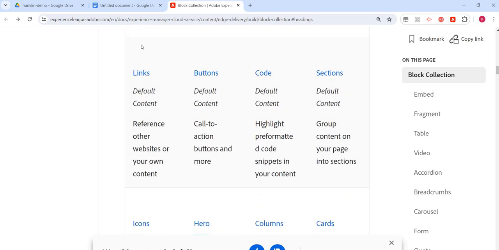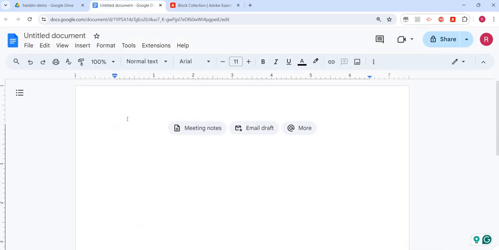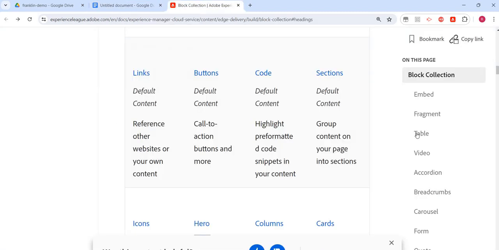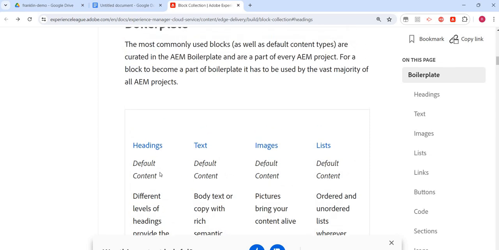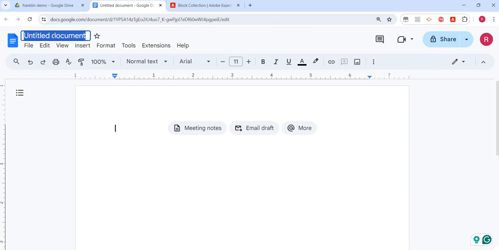Now, I have created a blank Google Doc, and let's try using them one by one. Let's see how we can author using different blocks or default content. So let's start with the heading one. It says default content. Maybe I should give it a name. It's my demo